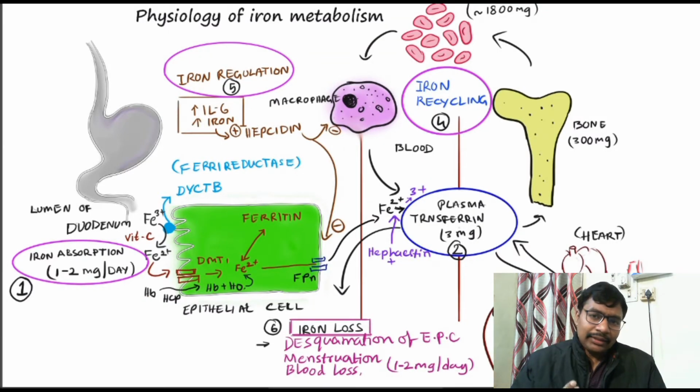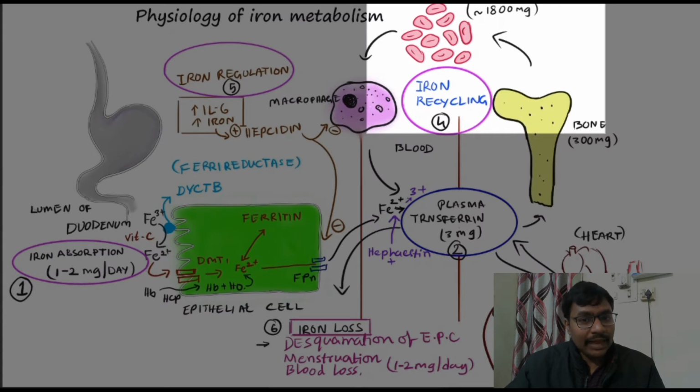Essentially, when you look at the physiological functions of iron, it is a part of hemoglobin, because hemoglobin is a metalloprotein. So iron participates in transporting gases from the tissues to the lung and back to the tissues as a part of hemoglobin. The majority of iron in our body participates in the transportation of gases, because approximately 2 grams of the total body iron is present in the RBCs.